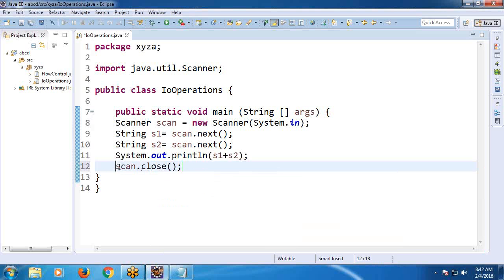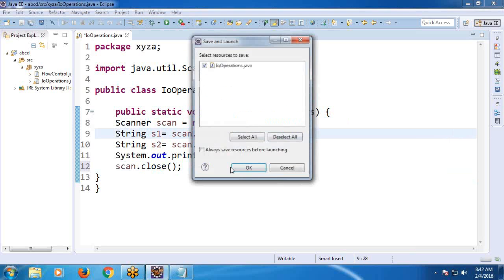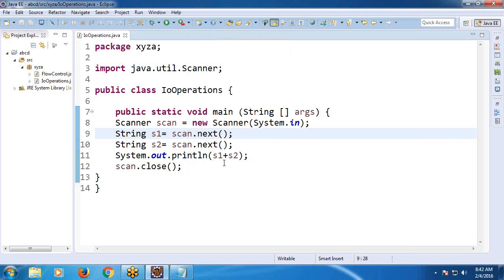Okay, closing. In the first example, I didn't use this close. Observe, Preeti, what is this close statement? Releasing the memory. If you create any object, it occupies some memory. After using that object, close the object. That is standard. Now run the program. Still,